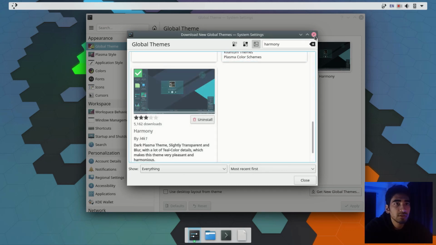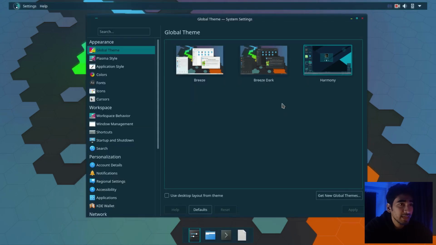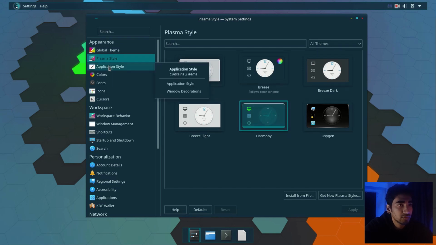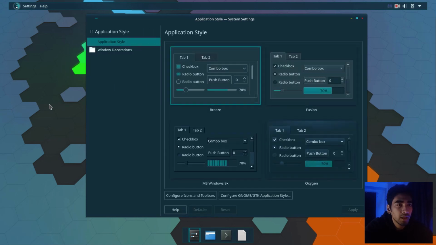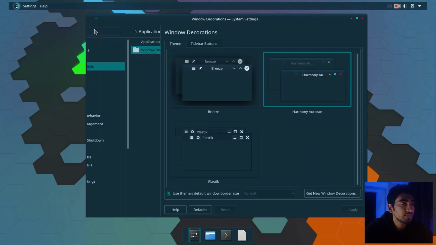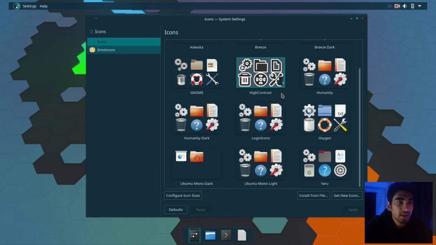So after I install that, I'm gonna quickly apply the theme. Okay, so next I'm going to go to the Plasma style, and as you can see, this is already Harmony selected. Then I'm going to go to the application style and go to the window decorations. So let's just leave it as it is for now. I'm going to go to the colors. So this is going to be Harmony Dark,